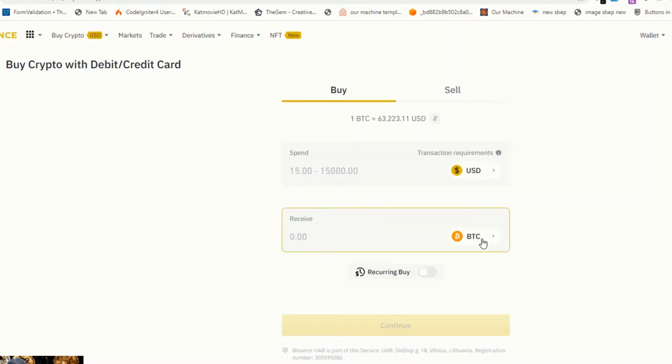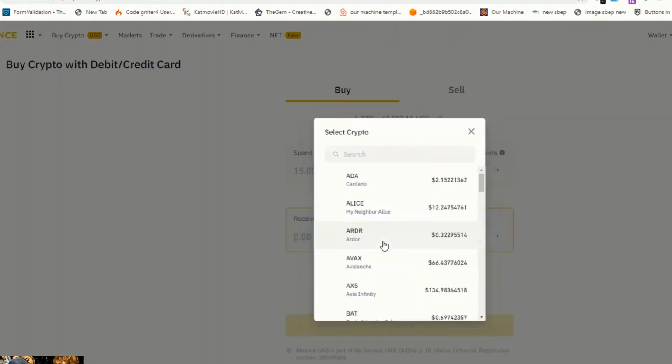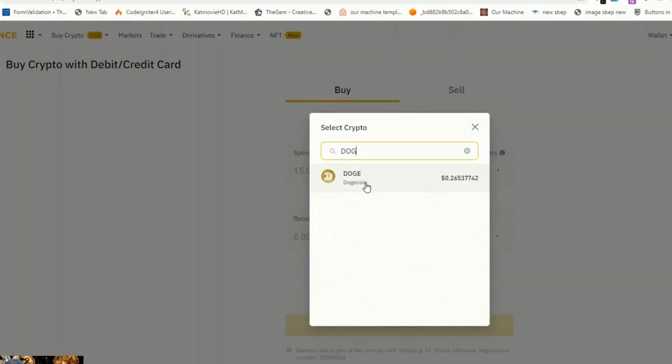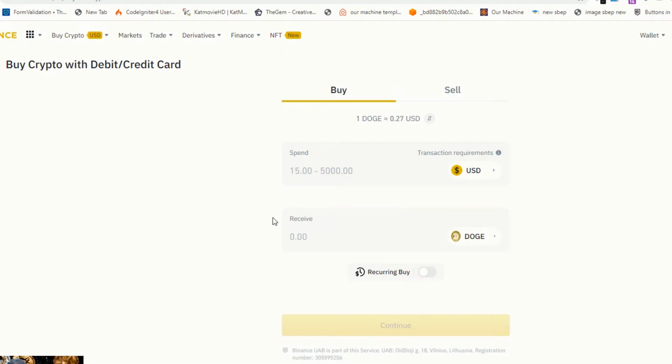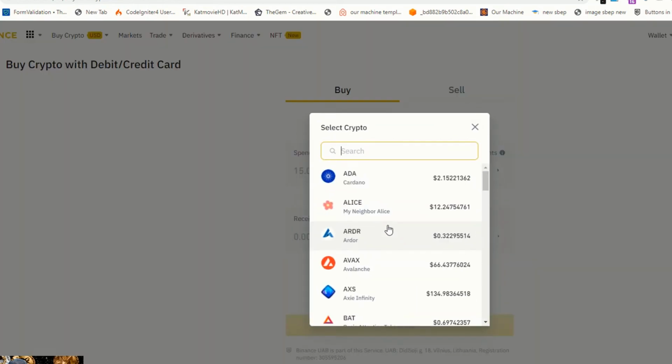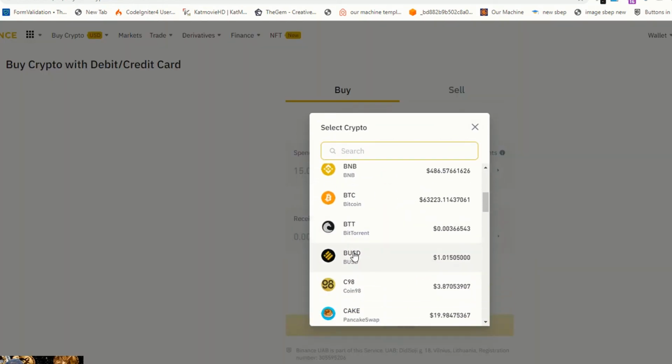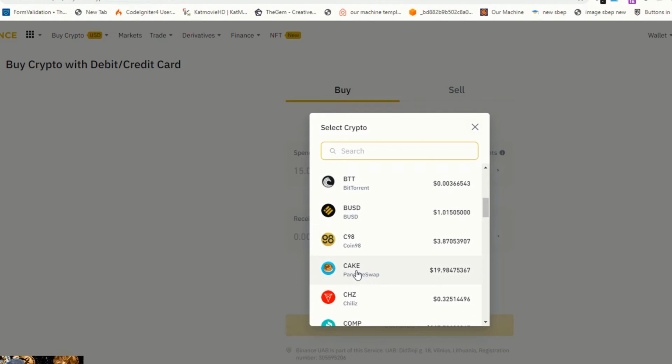Now I'm going to buy Dogecoin. Just click on the link and select your coin from here. You can also select any coin, let's suppose BUSD, BTT, or BTC, which is Bitcoin, and you can buy any coin.